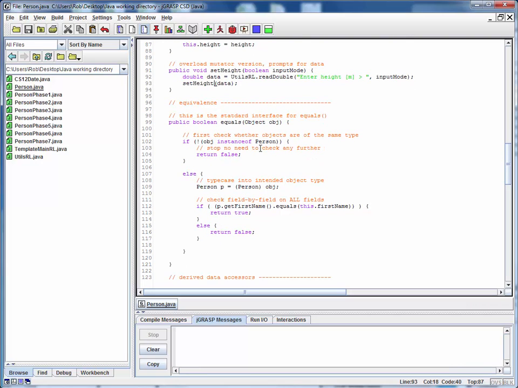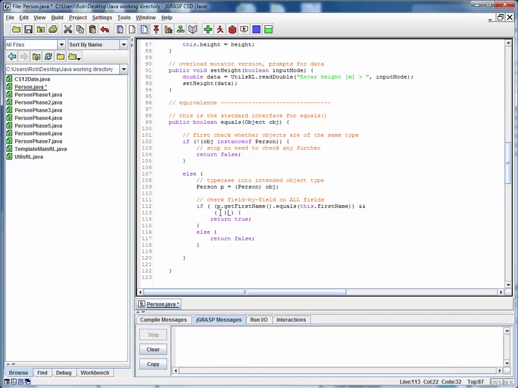Let's go to the equals method, and all of this basic structure is going to remain unchanged. The only thing we have to do here is, now that we have a second instance variable, we need a second test here. So this is where you want to be really careful with your balancing of parentheses. I believe this is correct. So I'm going to add a second condition, make this a compound condition. So I'm going to simply do and